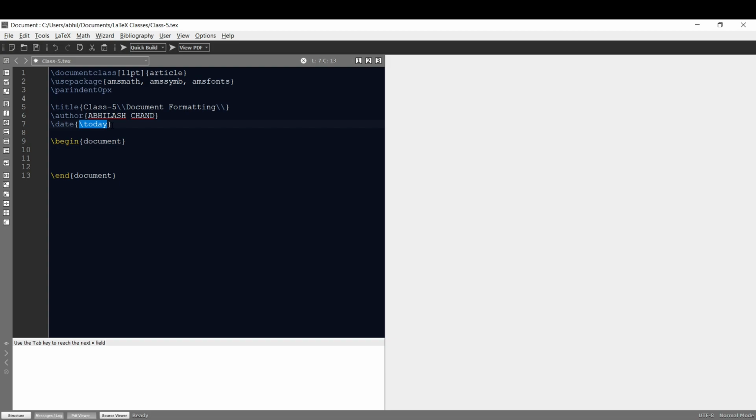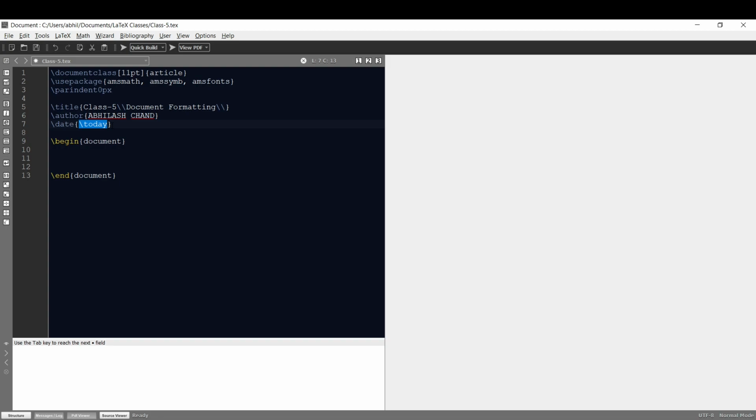Here instead of \today you can use any fixed date as to your need, but I prefer using \today command in my date section because let's say I have completed making my project way before my deadline and when the submission date finally arrives I don't have to manually type anything. I'll just recompile my document and my date will be set to that particular date automatically.